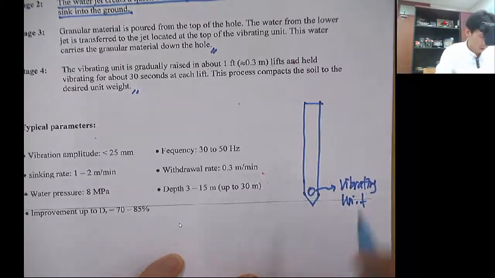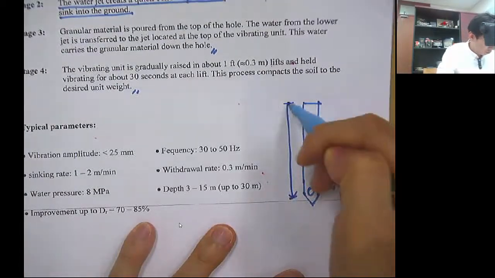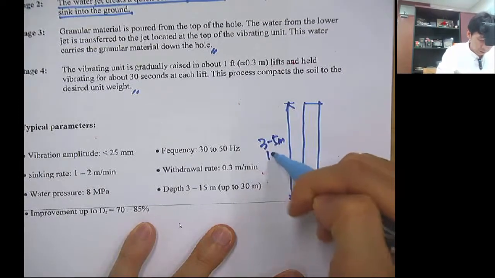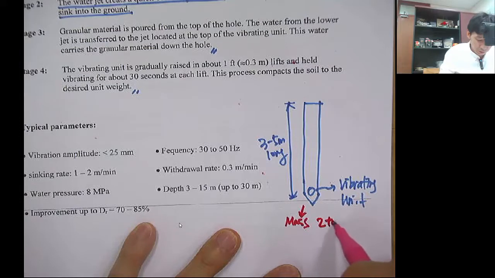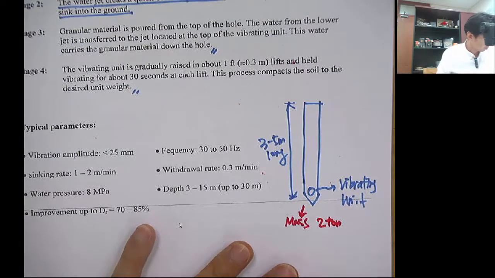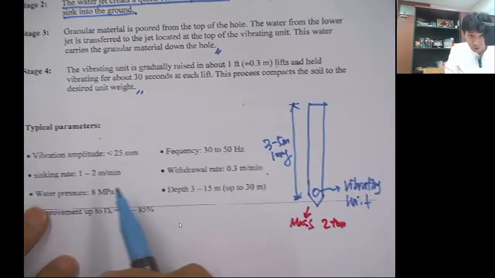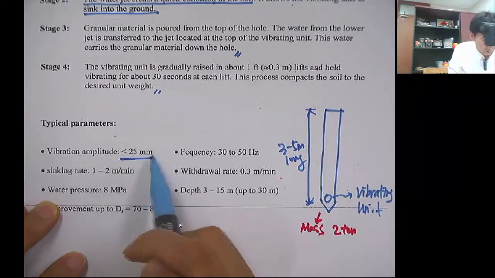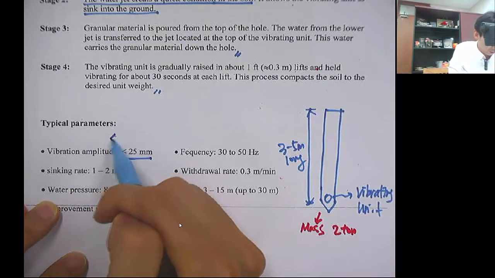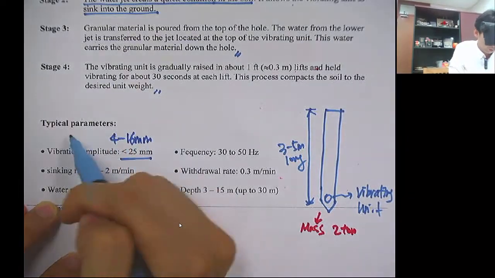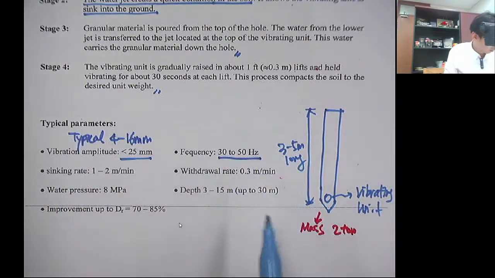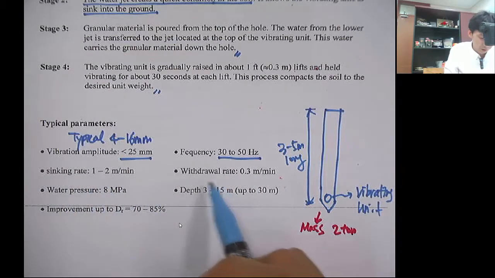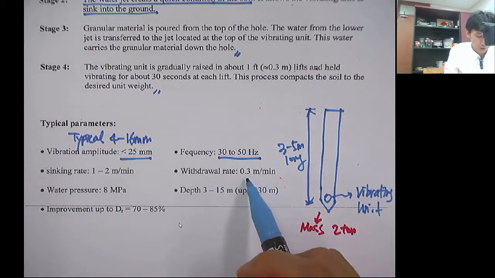Vibrating unit: the length is typically 3 to 5 meters long. The mass of this vibrating unit is about 2 tons typically. The vibration amplitude is less than 25 millimeters, but the typical value is about 4 to 6 millimeters. Frequency is about 40 to 50 hertz. And the sinking rate and the withdrawal rate is 0.3 meters,